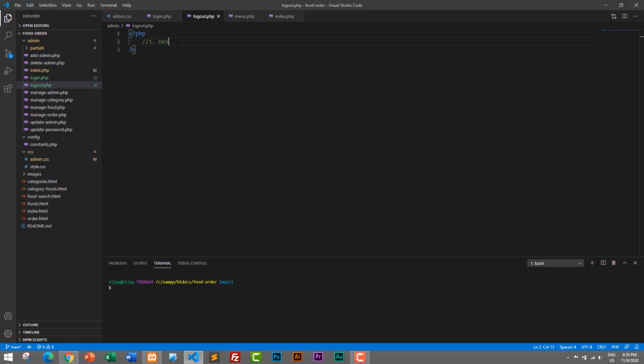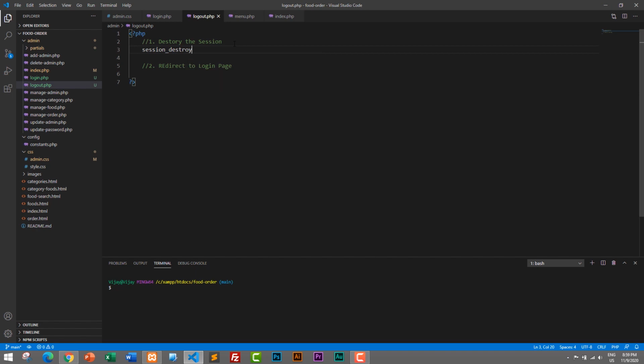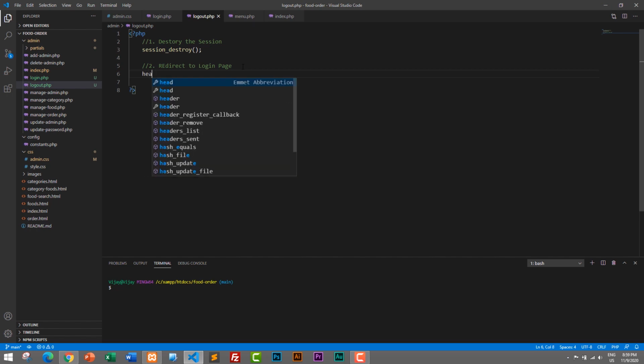Okay, so destroy the session and then redirect to login page. So here I will write session_destroy. This will delete all the session that we have created in our page, and then we need to redirect to login page. So for redirection we'll use header and then Location,